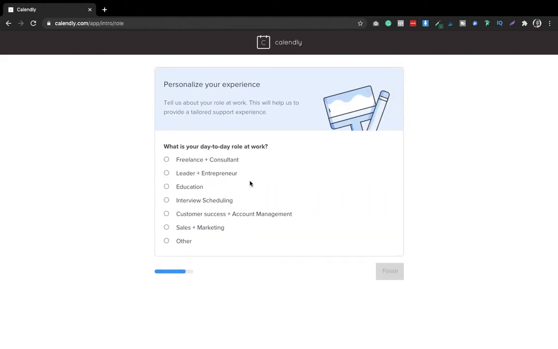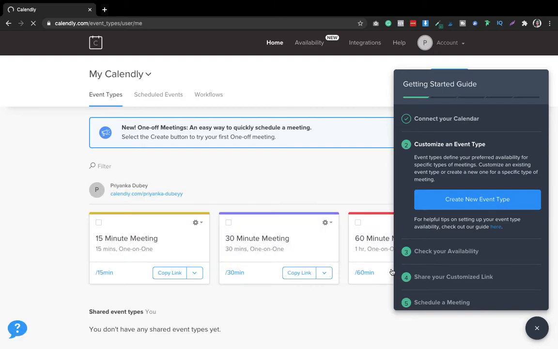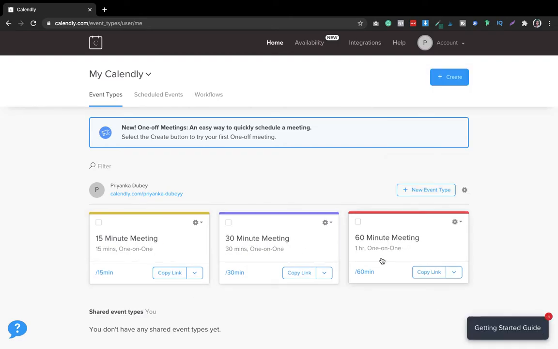So let's go, and you have to put your day-to-day role at work. Right now that is this one in your case, and let's finish it. Once you do that, now it's time to set up your Calendly. Here it is a free account, so you can only set one event. You cannot set a whole lot of events because it is a free plan. Let's suppose you want to customize this one, or if you want to add a new event, you can do that. So, new event,